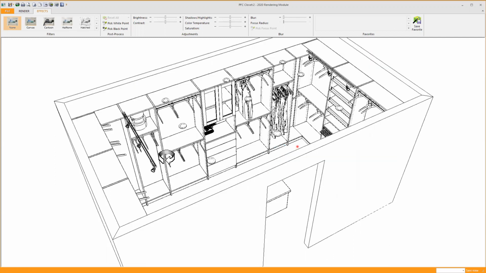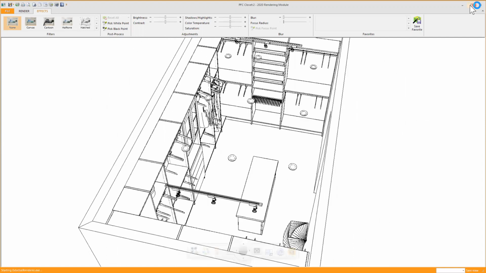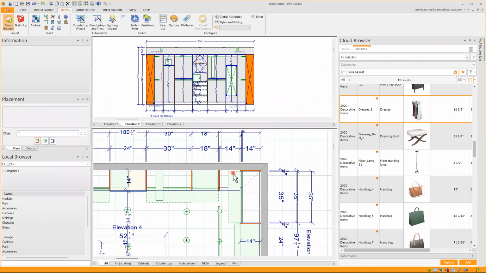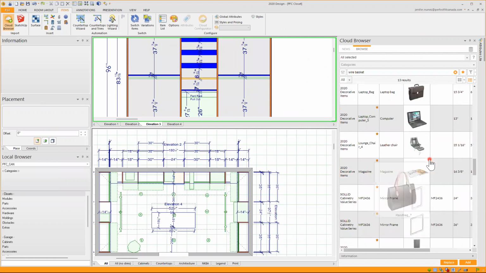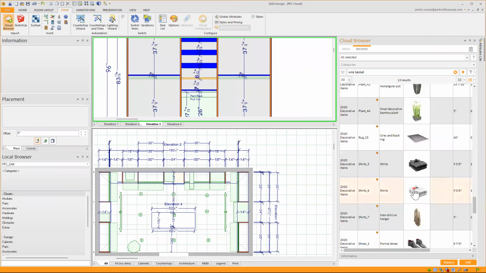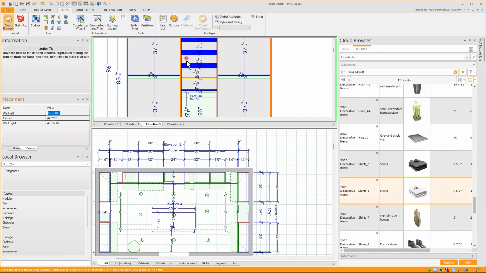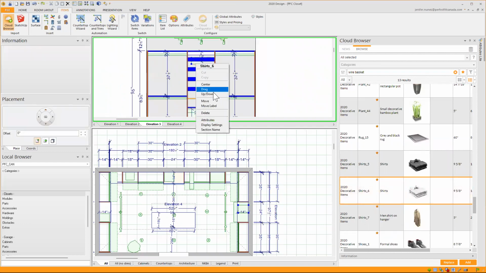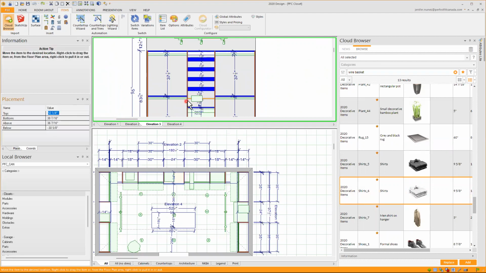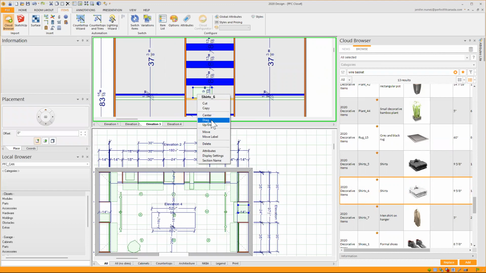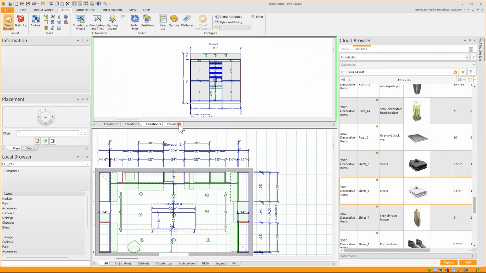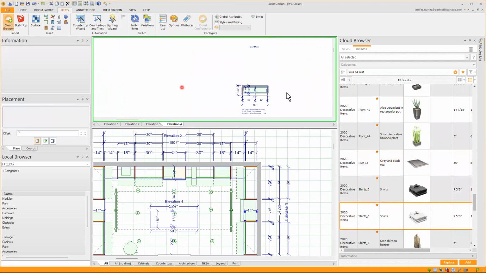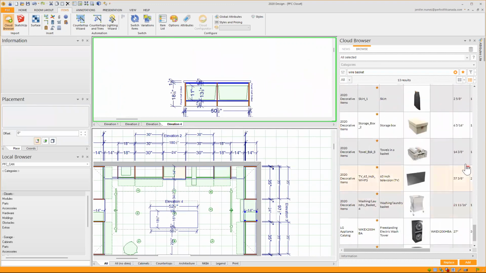I can also now go and add in my elevation 3 other shirts in here, up and down. I'll place this one and drag it to the right side of the model. And then I have my floor plan here. That is my elevation 4. It's a bench. I can just add